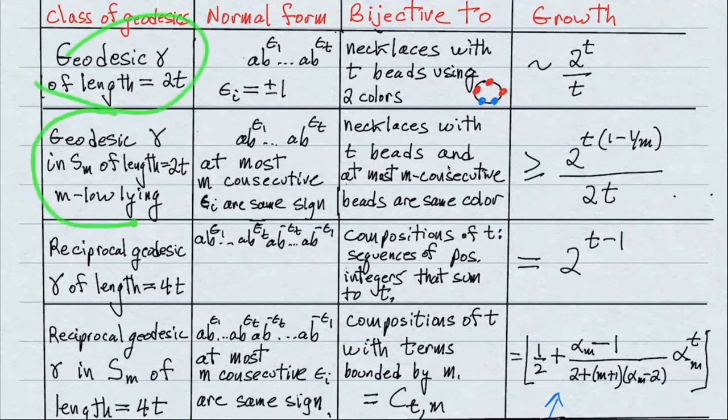And then there's the analog over here for M low-lying geodesics that are length 2t. And then here's the normal form, what we just said. And that corresponds to a necklace problem where now you've asked a more subtle question, because at most M consecutive beads can be the same color. That turns out to be a hard problem, and I don't know what the asymptotic is for that. Looking at the literature, there's lots of things written about this or equivalent to this question. But to get an asymptotic formula, you need